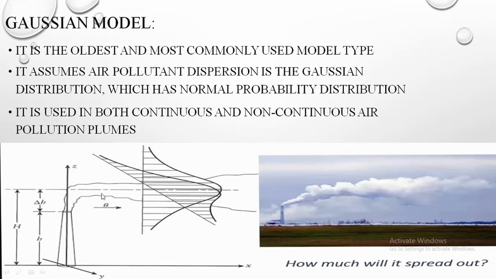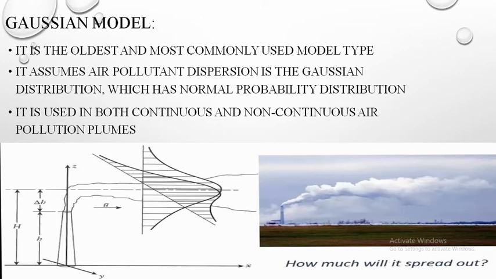So this is the result from this figure, the point source is calculated. From the figure, the origin of the coordinate system. What are the coordinates here? X, Y, Z. These are the coordinates. The coordinate system is placed at the base of the smokestack. So this is a physical stack or chimney. At the base of the stack, the coordinate system is placed. What are the coordinates? X, Y and Z. Are you clear?